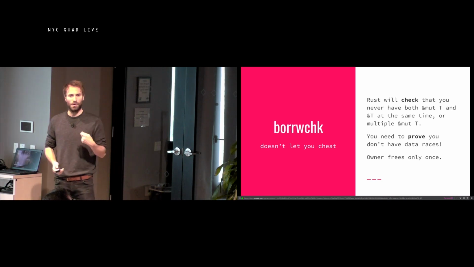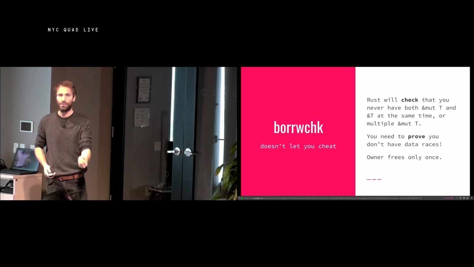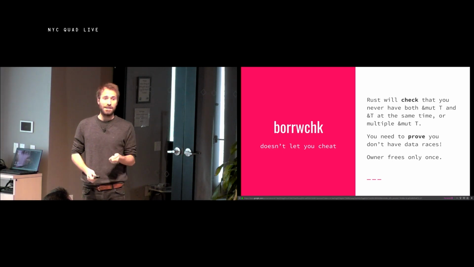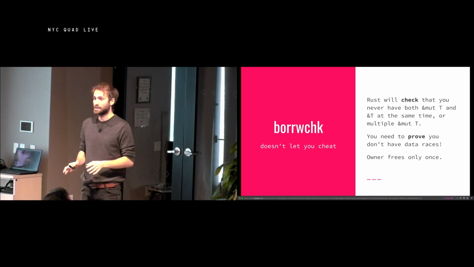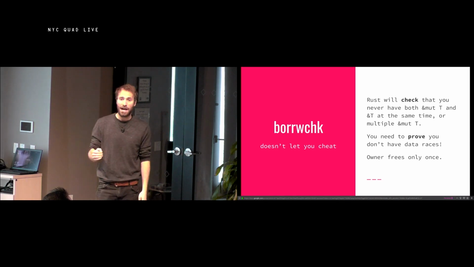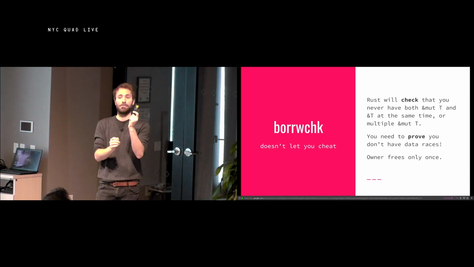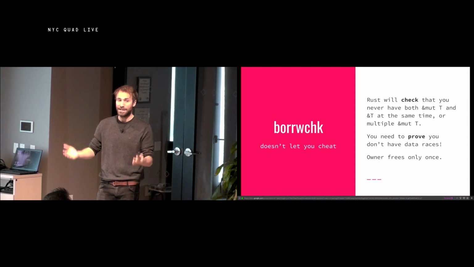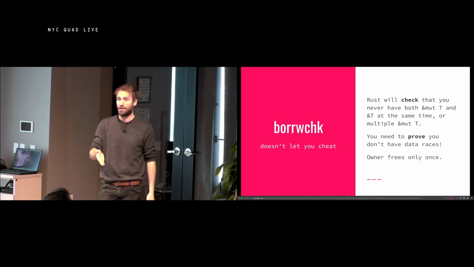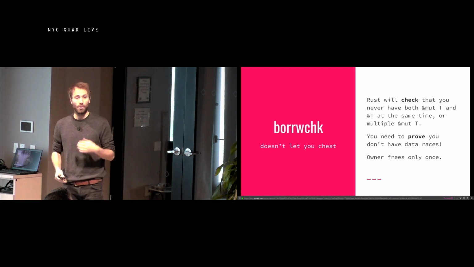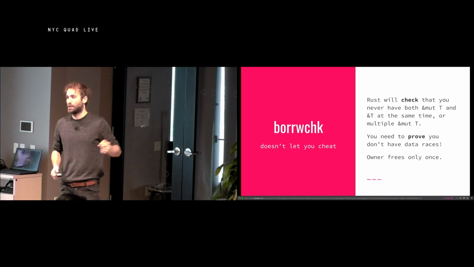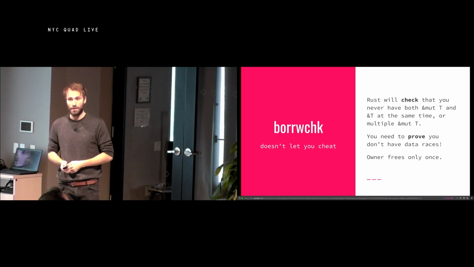And you can think of this almost as the compiler requires you to prove that your program does not do this. And it turns out that's all you need to guarantee that your program has no data races, right? If you never have something modify a thing while it's being read or modified, you cannot have data races. Because you will either just have multiple readers, or you'll have a single writer, which is fine. You also guarantee that you only ever free things once, because the owner is responsible for freeing it, and you can only have one owner.